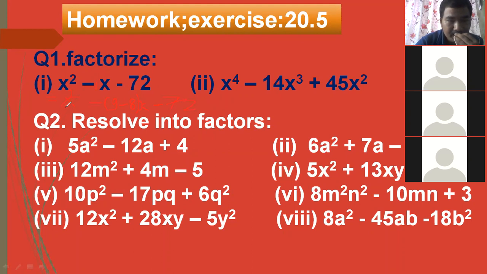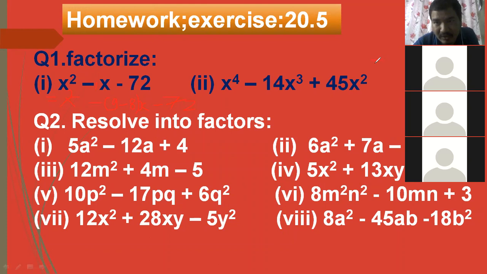Now can you factorize, children? Can you factorize this, what I have written there? Is it visible or not? Sir, a little. Sir, x square minus 9 minus 8x minus 72. X square minus 9x minus 8x minus 72. It is clearly seen. Now can you factorize after that? Yes, sir.